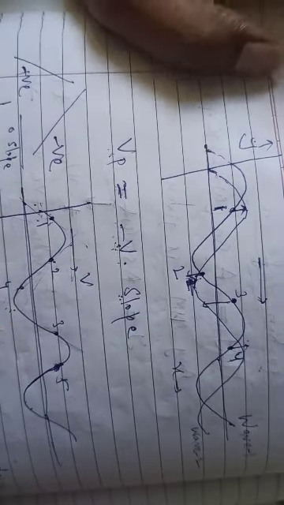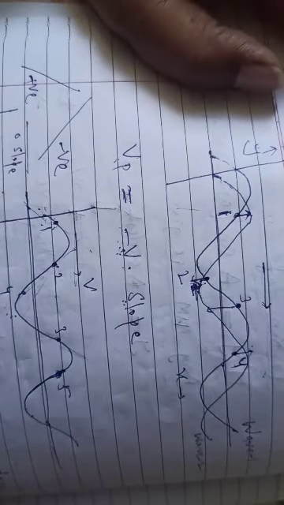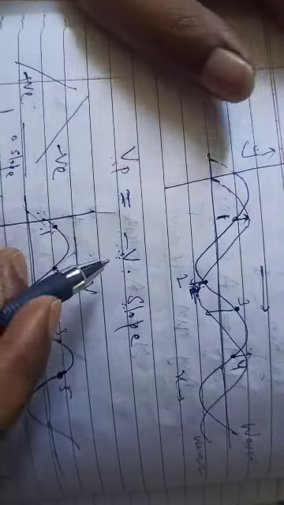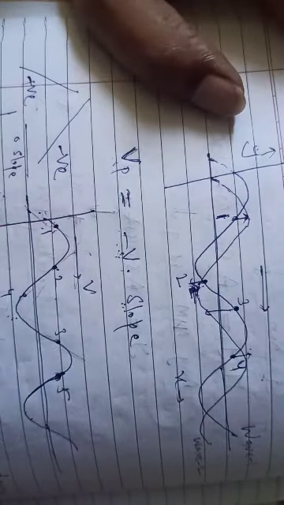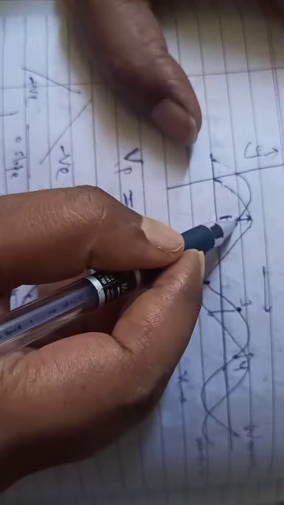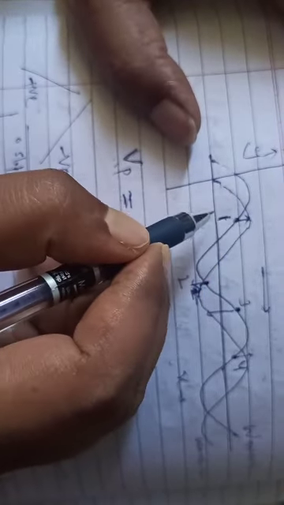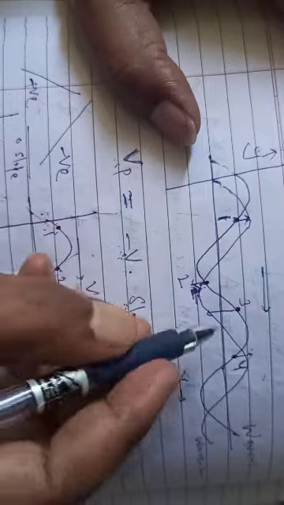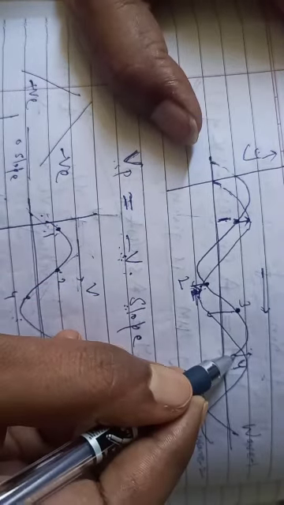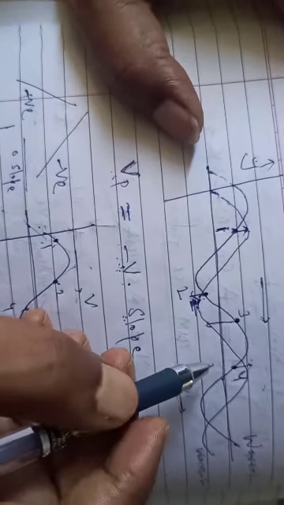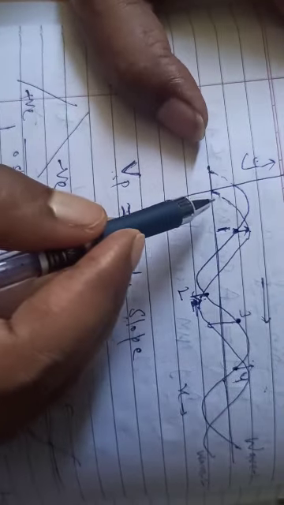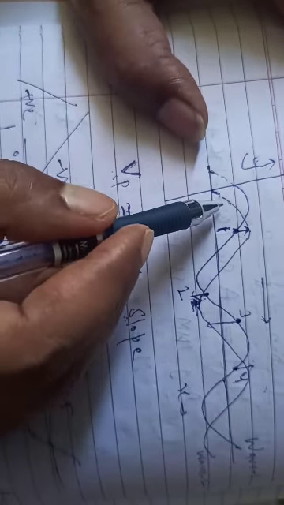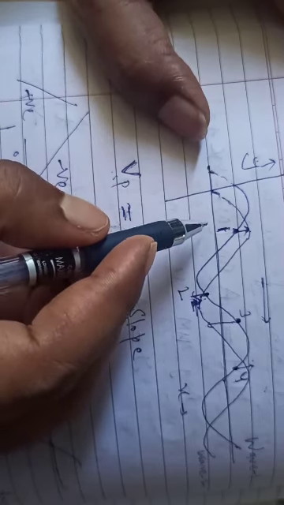Now they are asking what is the direction of the velocity of the particle. Suppose they are asking what is the direction of particle 1, what is the direction of particle 3, what is the direction of particle 4. So you can just see that